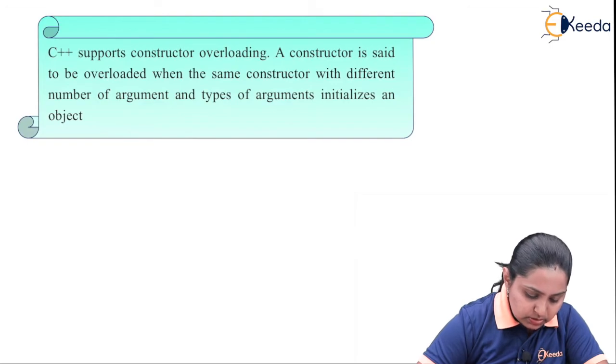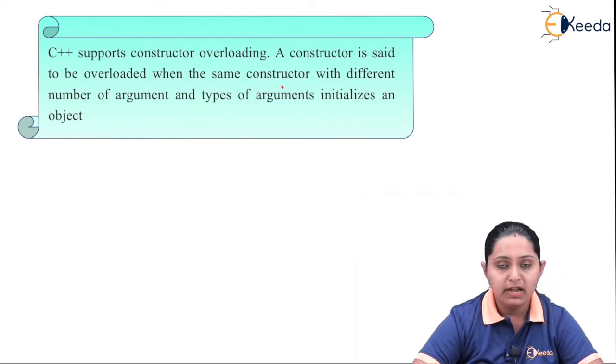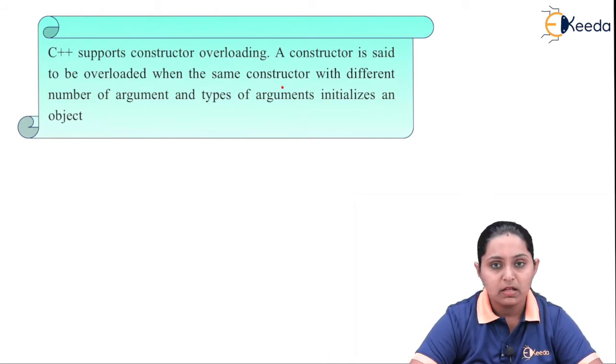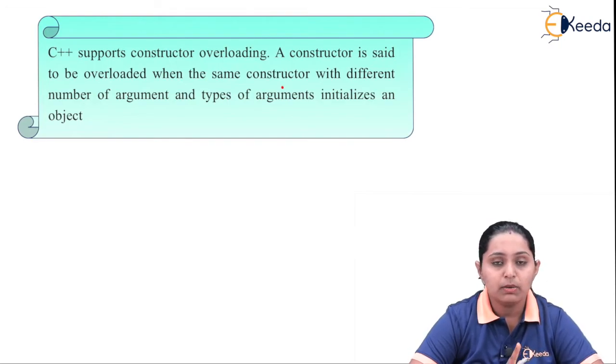C++ supports constructor overloading, and a constructor is said to be overloaded when the same constructor with a different number of arguments and types of arguments initializes an object. That means you can define multiple constructors inside the same class with one parameter, multiple parameters, or any number of parameters. But default constructors will be present only once. You cannot overload default constructors. Next